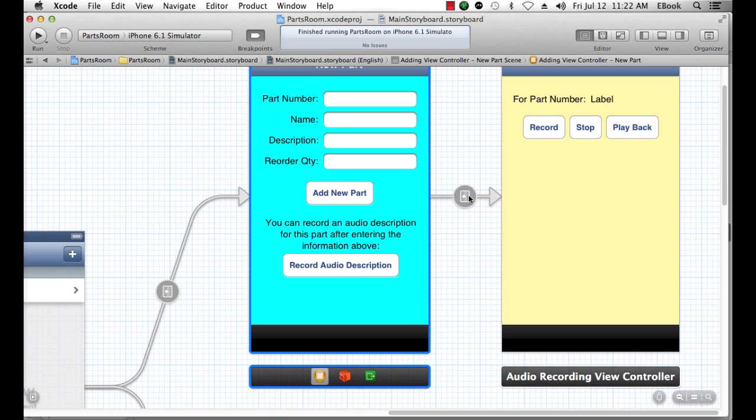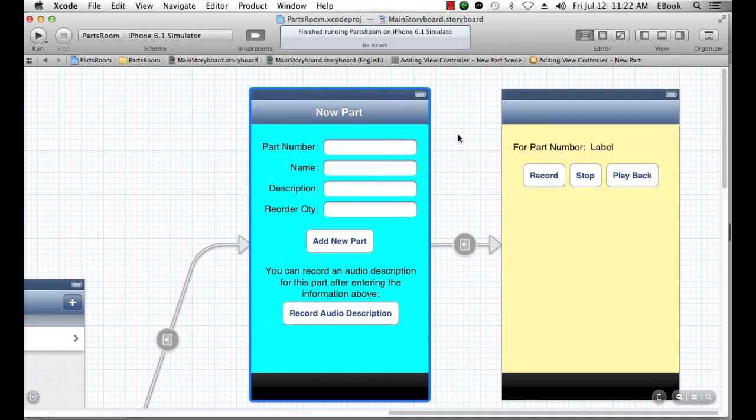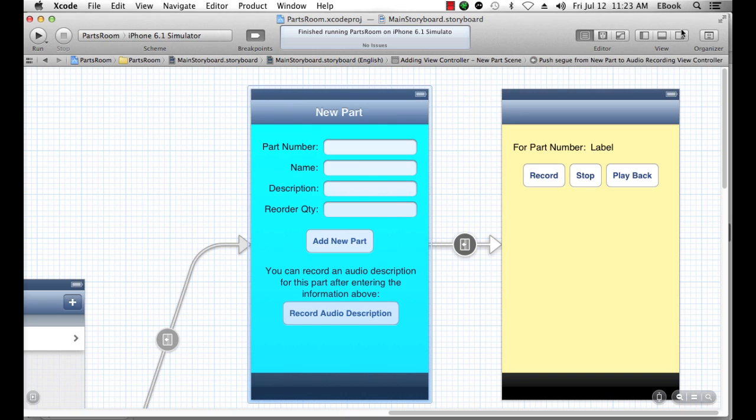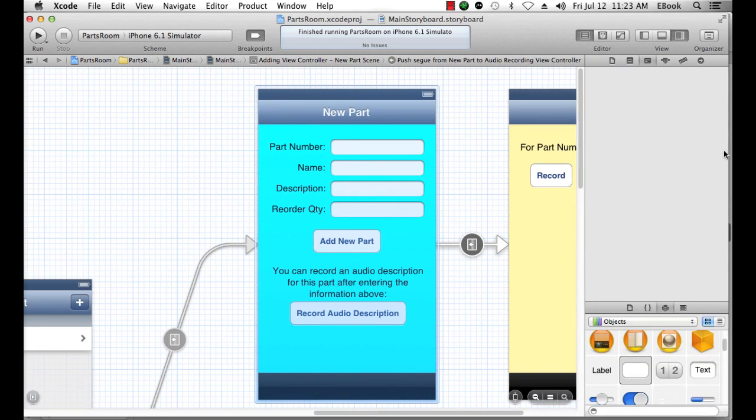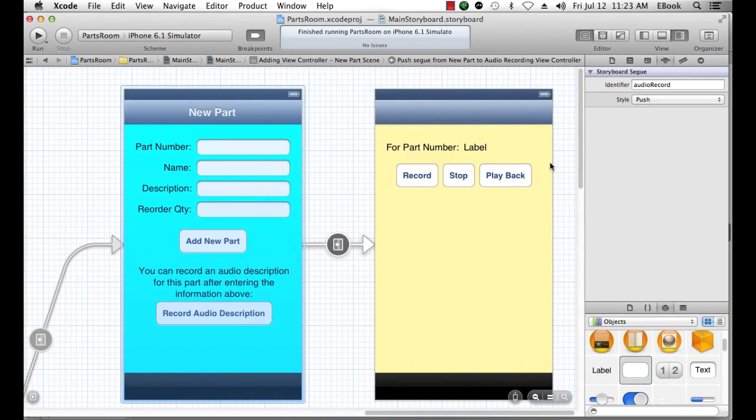This segue doesn't come from the record audio description button. It actually comes from the status bar of the new part view controller. It's a push segue, and if we look at its properties, we can see that it has an ID of audio record and a style of push, and it's just going to push on top of our navigation controller. In this new view controller, the title is going to be set to something informative like recording,